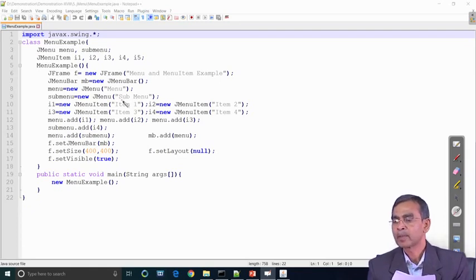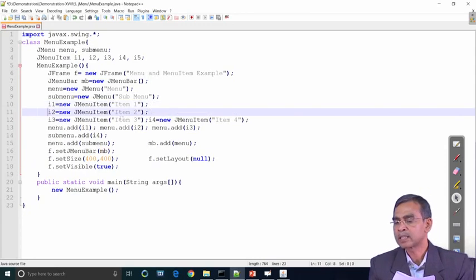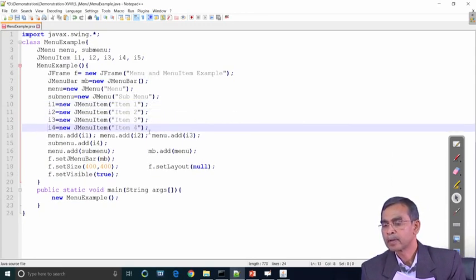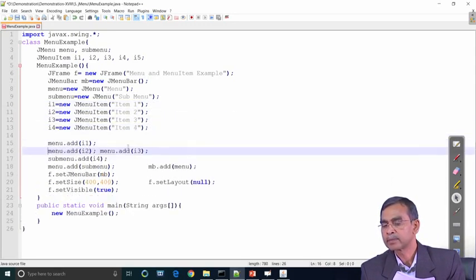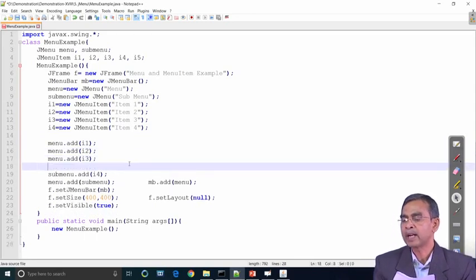Then we add the items I1, I2, I3, where the menu item is basically calling the constructor. Finally, we add these menu items into this menu itself.